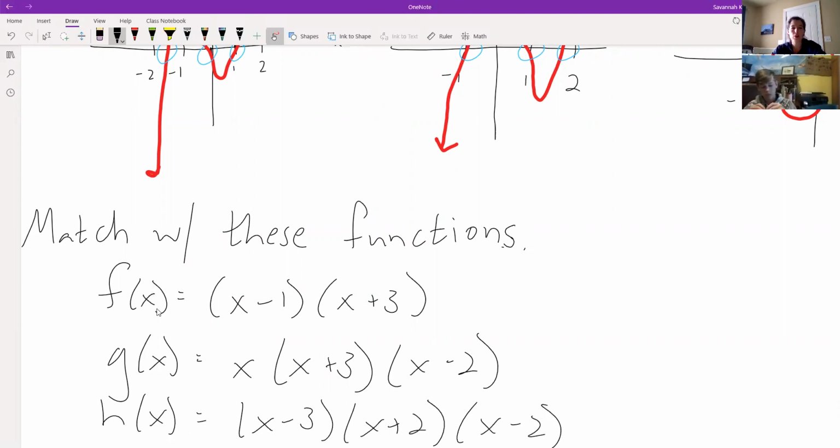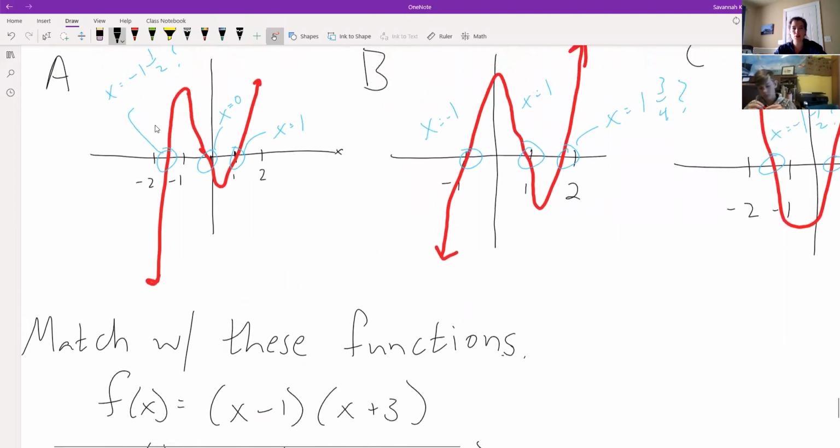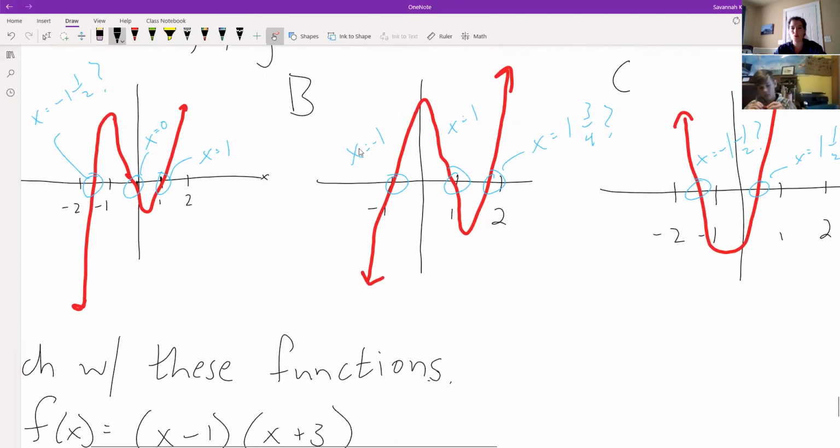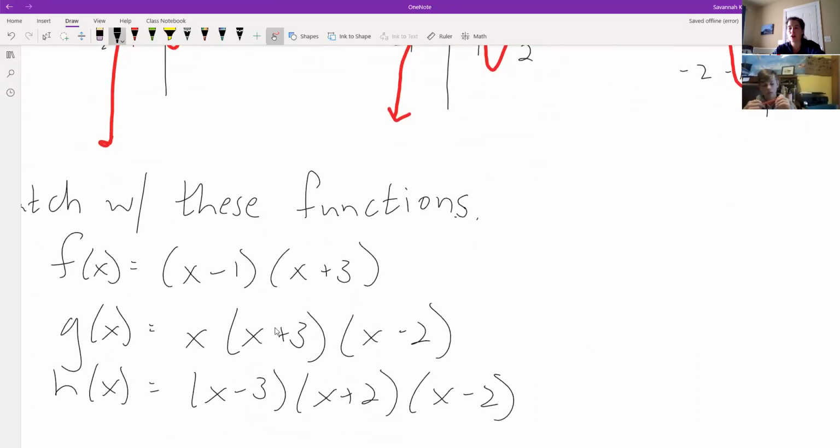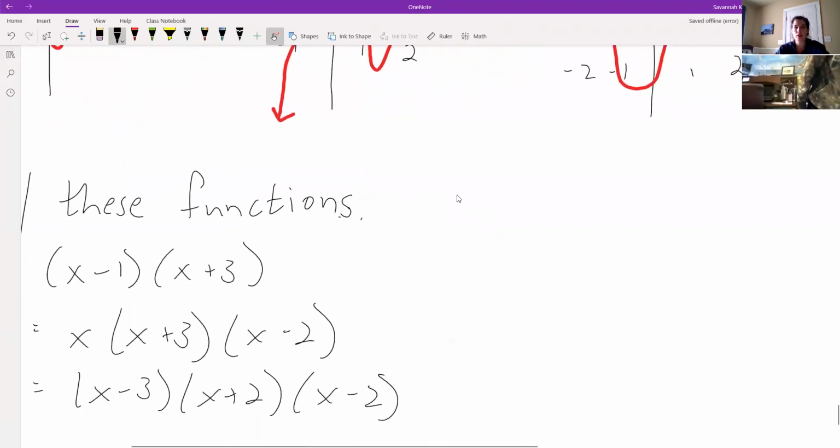Okay, so we've got f, g, and h, and these are the pictures of f, g, and h. We just don't know which one is which. So without dragging out a calculator or some kind of software, there's a quick and easy way that we can actually figure out who's who. And the way that we're going to do that,